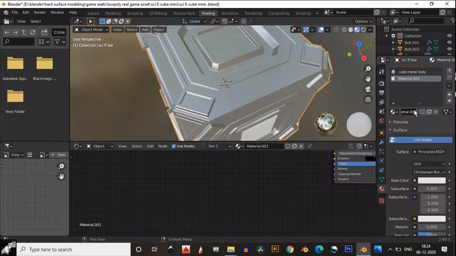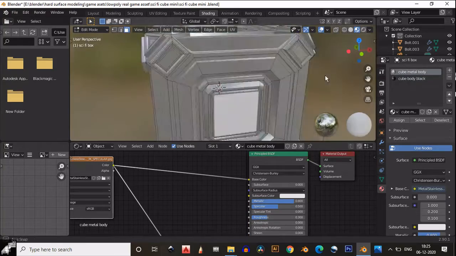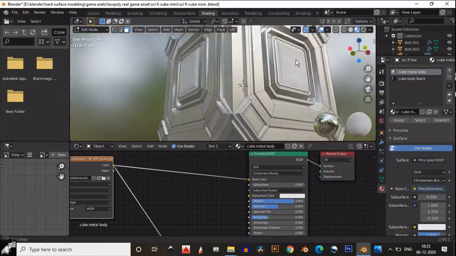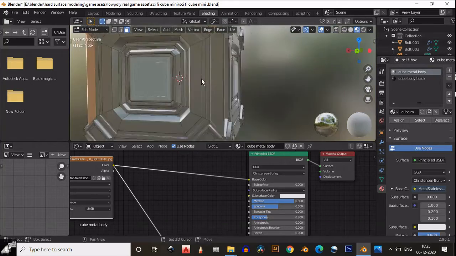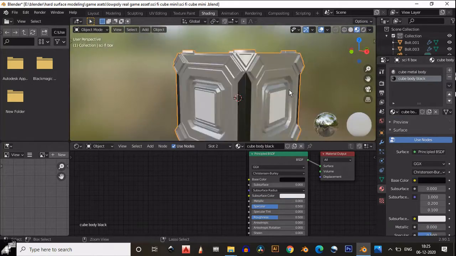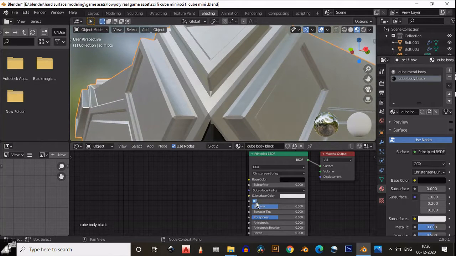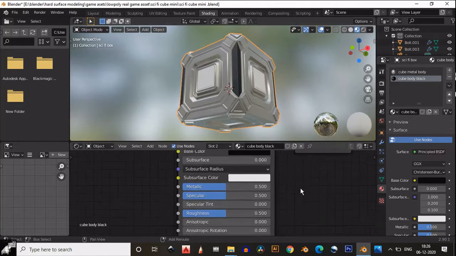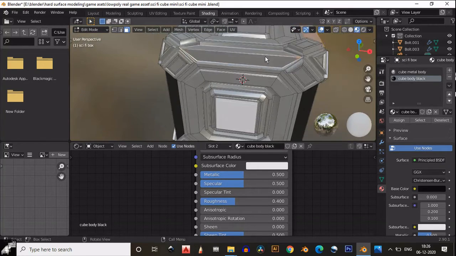Okay, then we need to create another texture. That will be the black texture, a simple black color, and I will give the black texture to the corner edges, meaning the side edges of our cube, or side faces of our cube. So give these faces a different texture, which is the black texture, and just decrease the roughness a little bit.